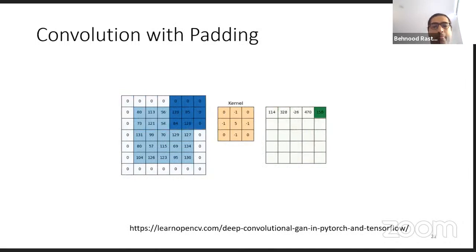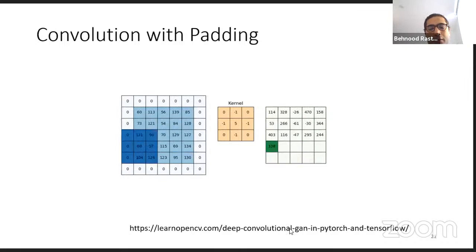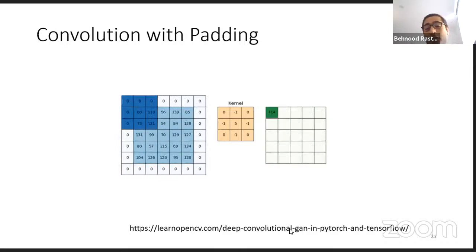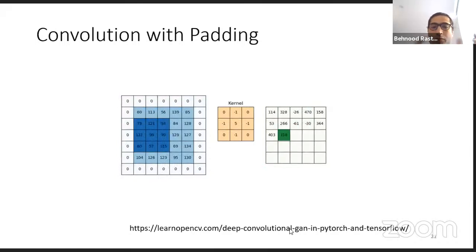So, convolution with padding. We often apply padding for a different reason, and actually we have a different type of padding. What you're seeing here is zero padding, and you can also have mirror padding, where the values are mirrored, or other types of padding. The main reasons, I can say at least two main reasons,